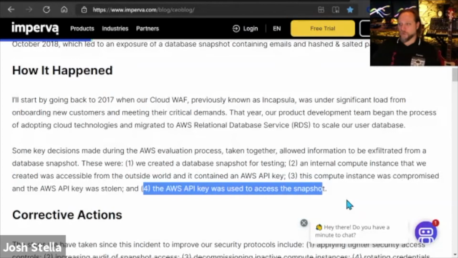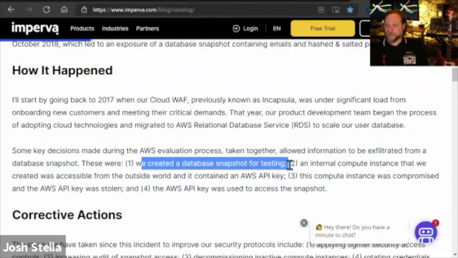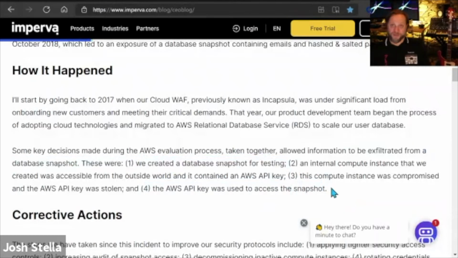Well, in this case, there's no implication that they were given management of prod snapshots. It looks like an ops team created a database snapshot for testing from something in prod and handed it into dev. Okay, so within your dev environments, if you're doing much in your dev environments, you probably need very liberal IAM permissions. So this is a dilemma. There's no simple answer.